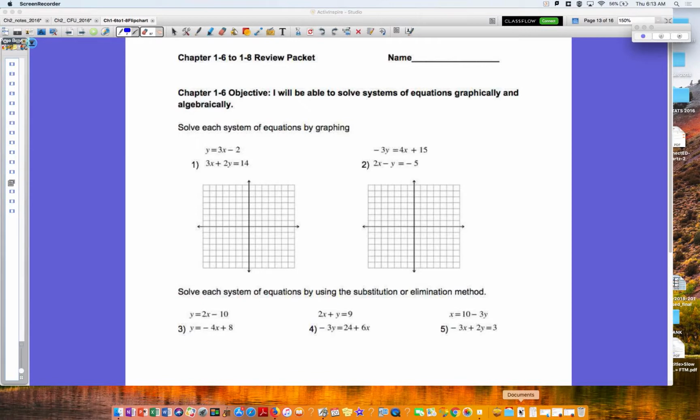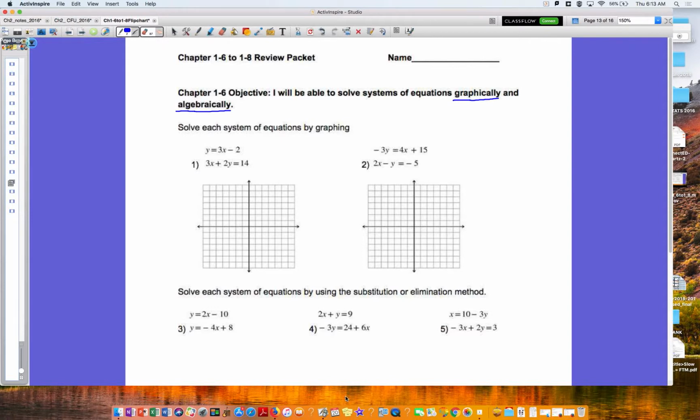All right, good morning. Let's take a look at our objectives and learning targets for section 1.6 to 1.8. Our first objective here, as it says, I'll be able to solve systems of equations graphically and algebraically. So on your test, you're definitely going to have problems where you're going to be asked to do this one